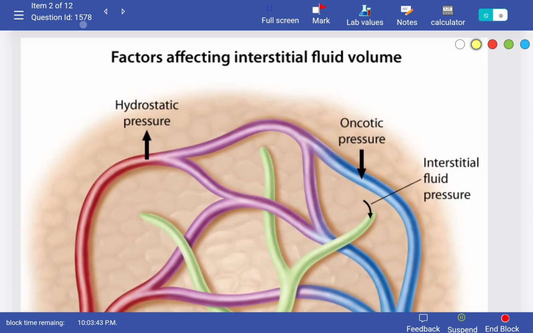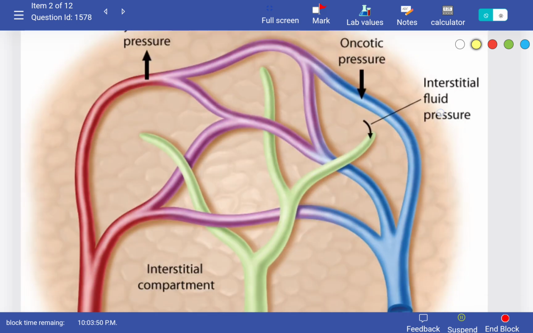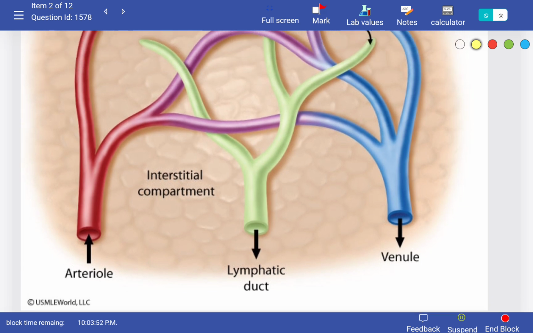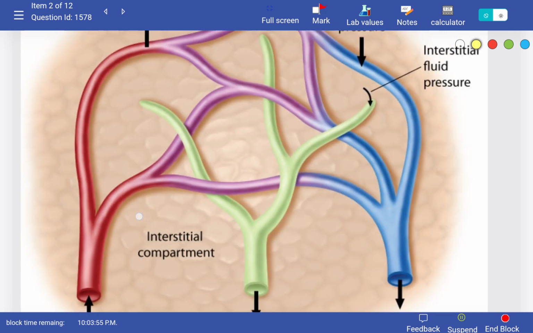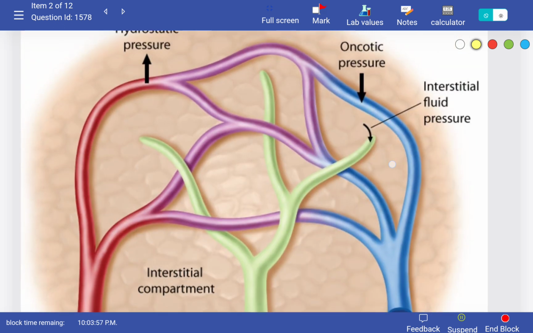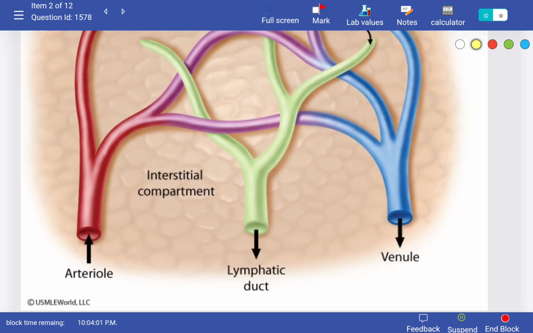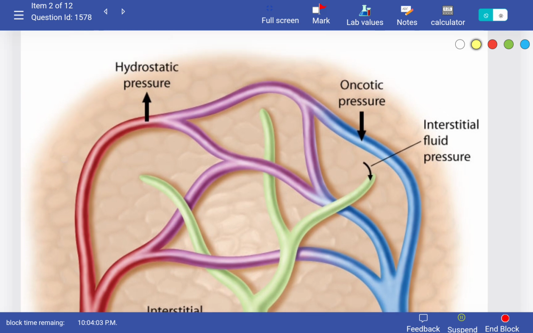Now, if we look at the factors affecting interstitial fluid volume, if we go on the arteriolar side at the capillary level, and on the other side we have the venular side. So what would happen here is, let's say these are the arterioles. The blood will be pushed from the arterioles outside by hydrostatic pressure. On the venular side, the interstitial